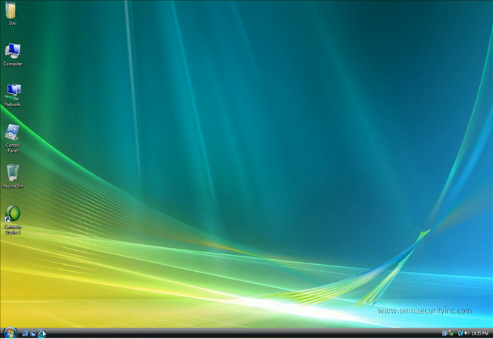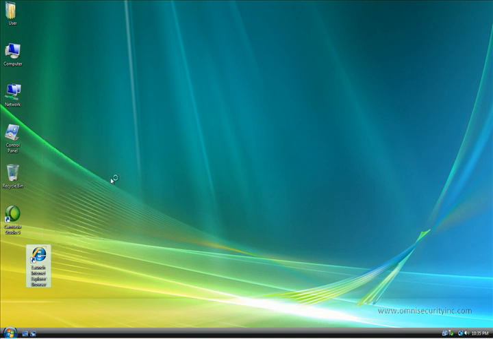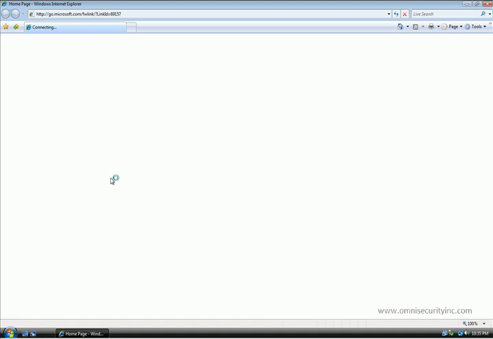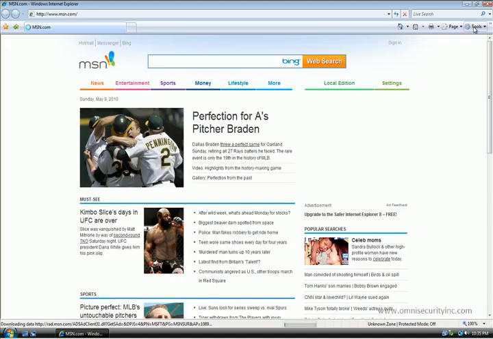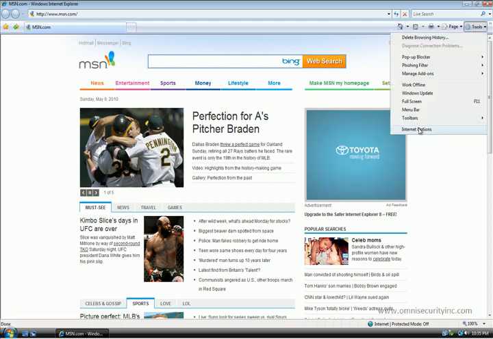Once your computer is restarted, one of the main things to do with Internet Explorer is to start it as an administrator. So you want to right click and then select Run as Administrator. This will give us the most open permissions. Once Internet Explorer has opened, we want to open our Internet options by clicking Tools and then Internet Options,